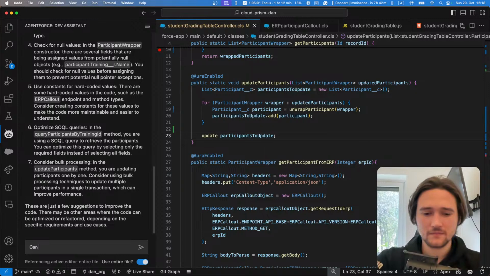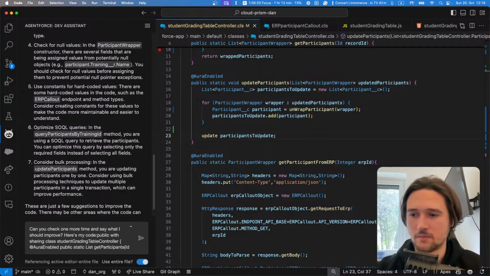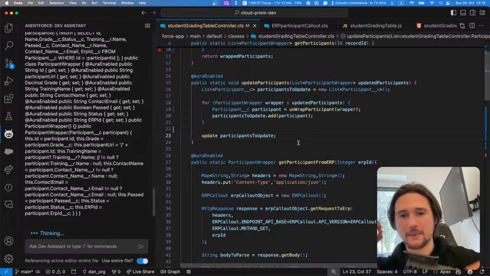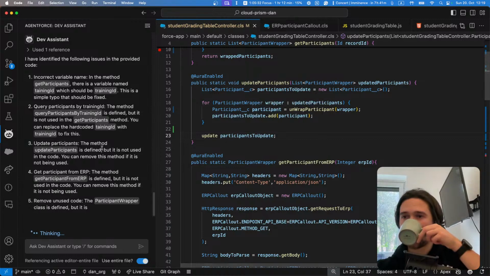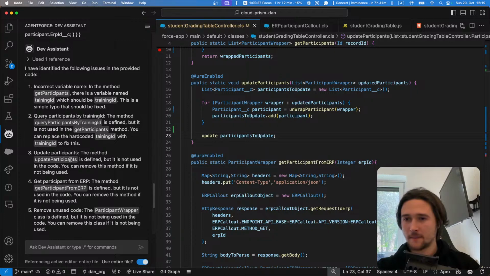Can you check one more time and say what I should improve? Here's my code. I cannot make two lines here, so I'm just going to paste everything there, because I have a suspicion that it didn't really read, or didn't pay attention to, the Apex class that I've sent. Okay, so